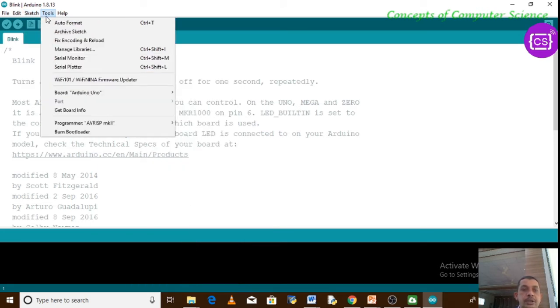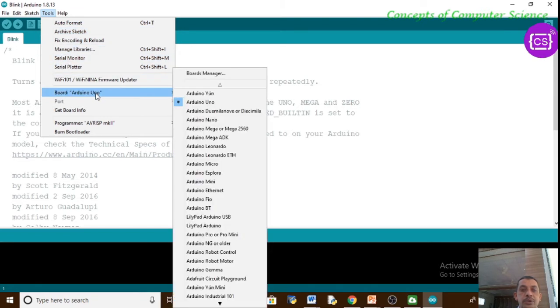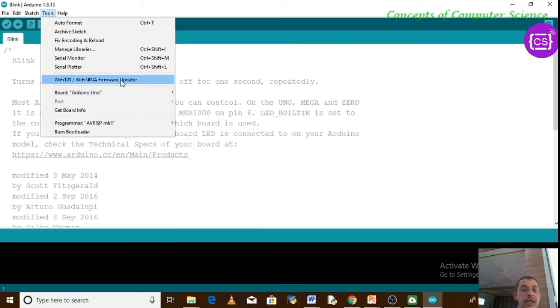Then in Tools, it is very important to select your board, whichever board you are using. In my case I am using Arduino Uno, so I have selected Arduino Uno. Suppose you are using Arduino Nano, then you have to select Arduino Nano from here. Then the port is also very important. Now I have not connected any port to my laptop, hence it is disabled.